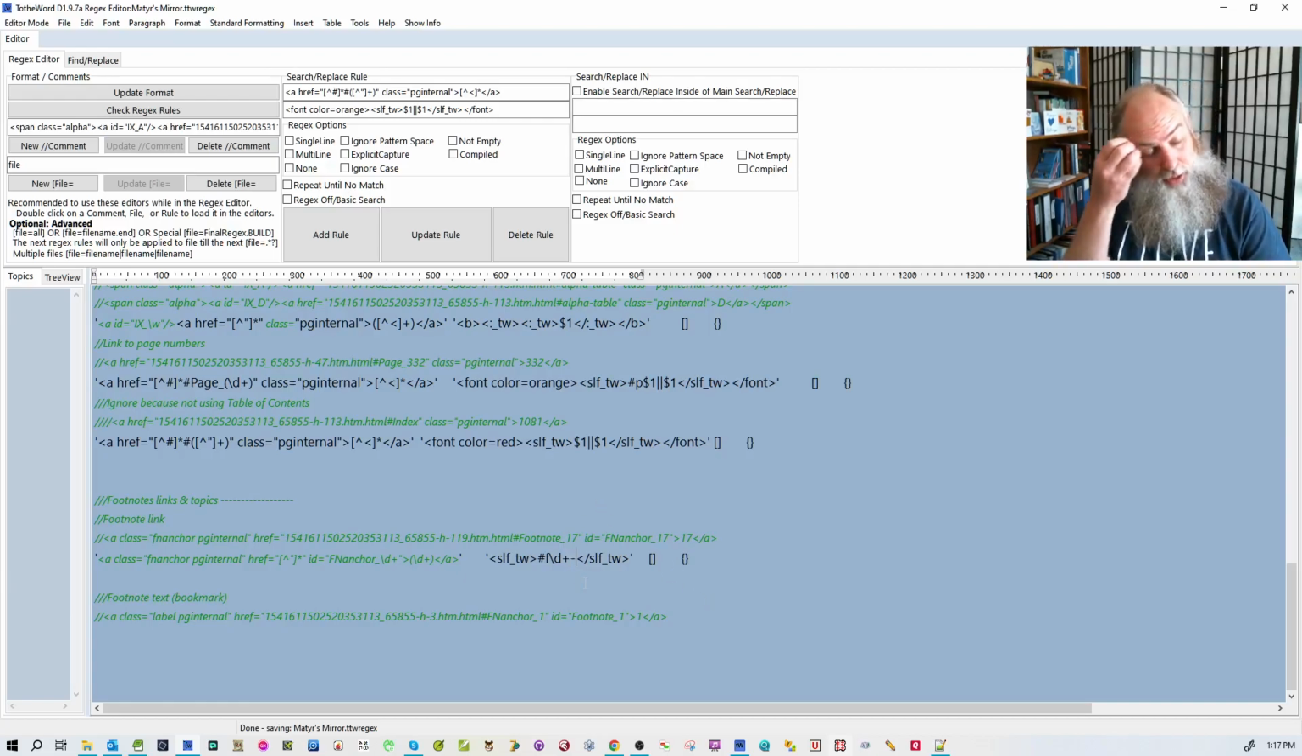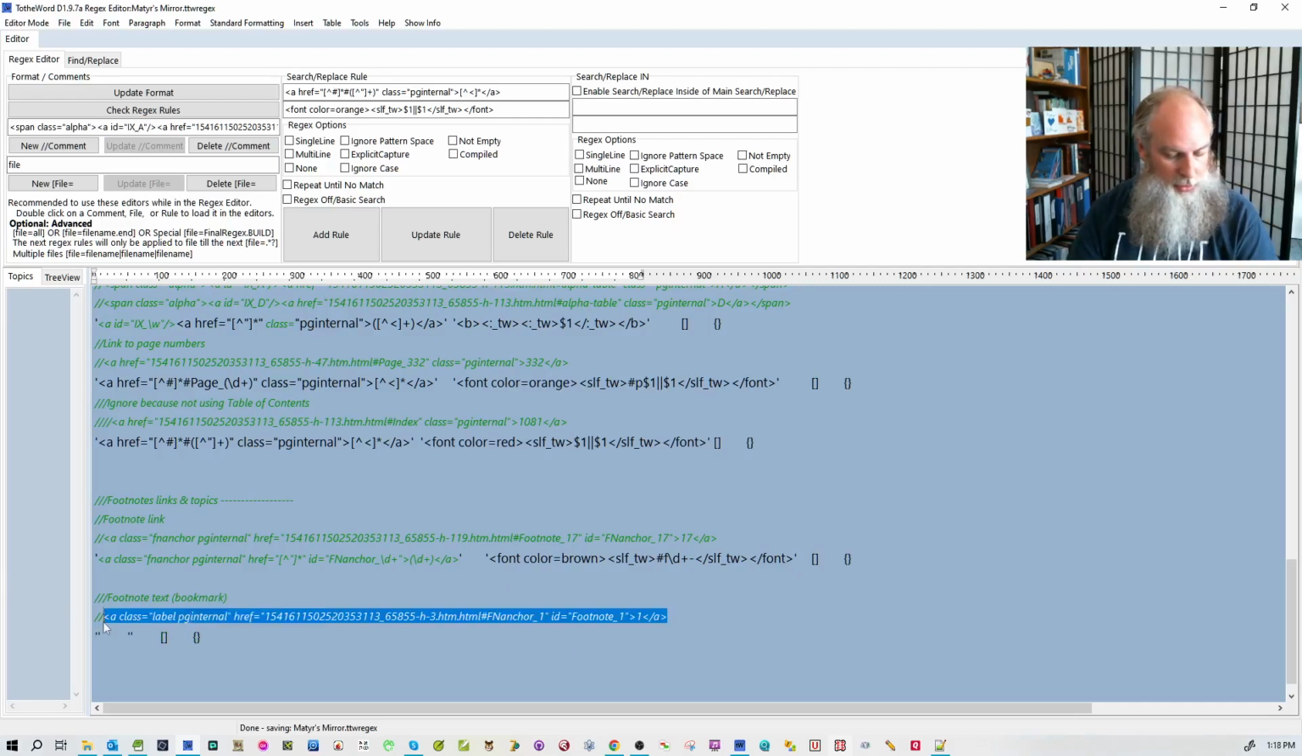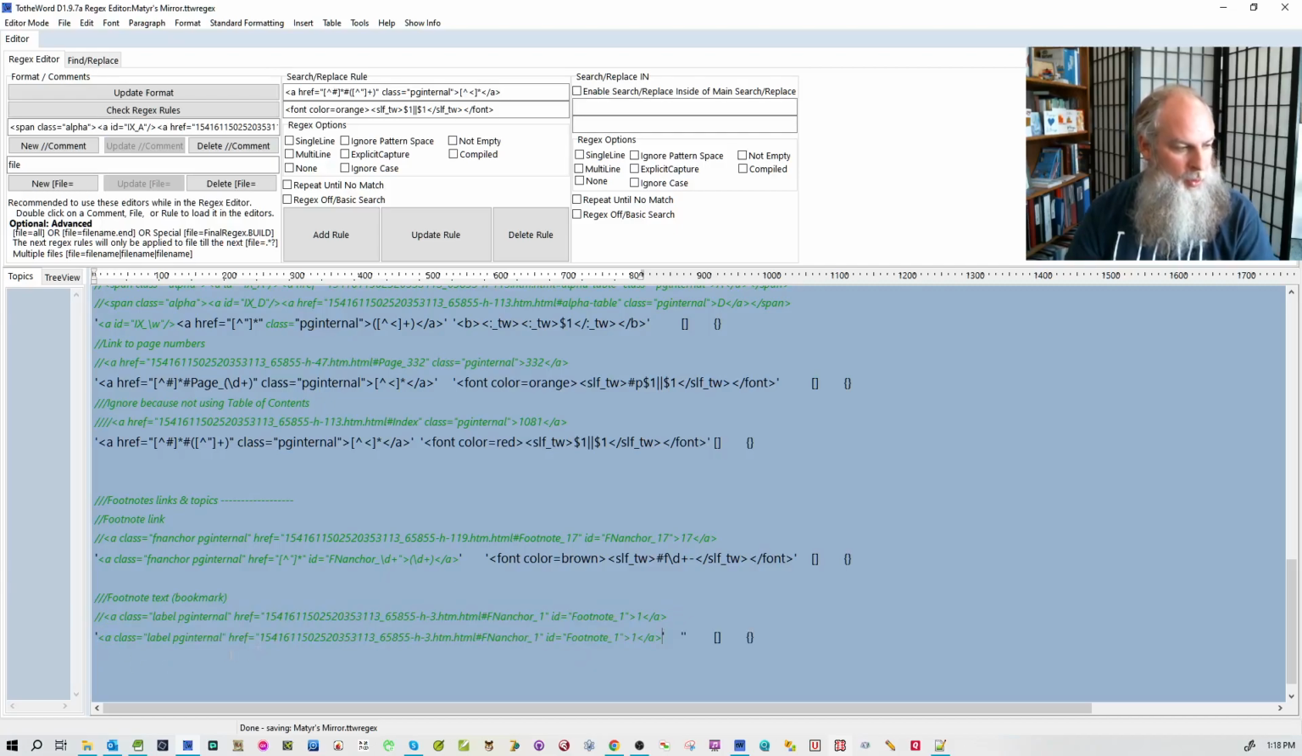So we have our self, and what would we like to do for footnote color? This font color equals brown. This is the link side. Remember, it doesn't really matter because it's a self. It'll get changed to a blue later on. And now let's go to the text side. You put this guy in there. And this one, we'll leave that label PG